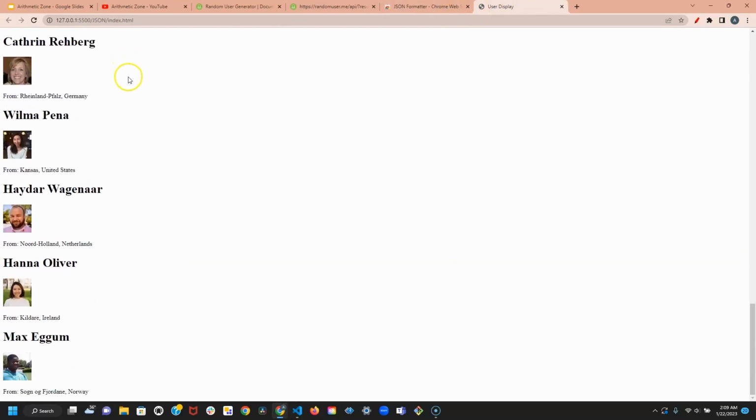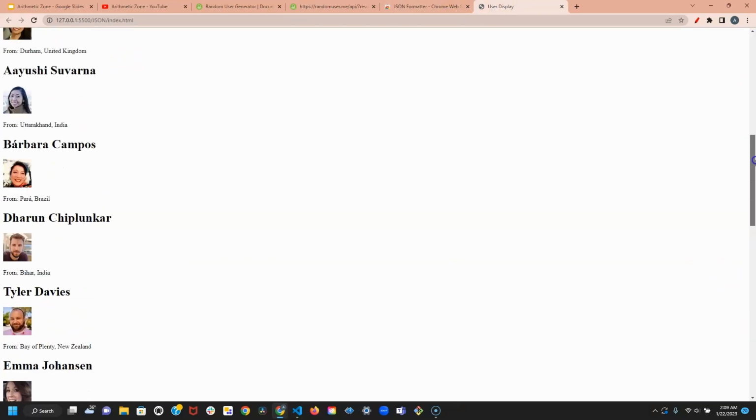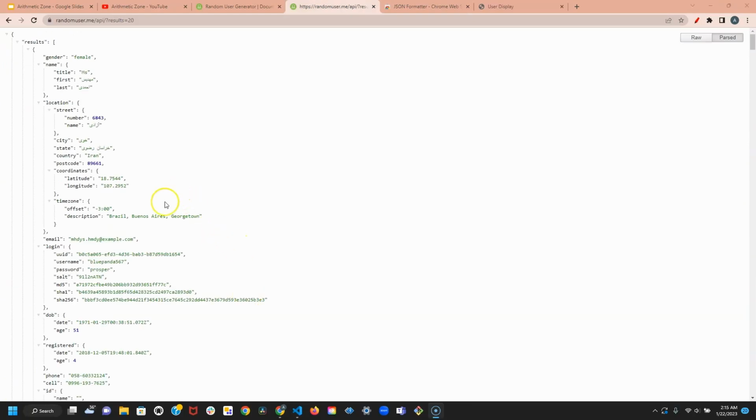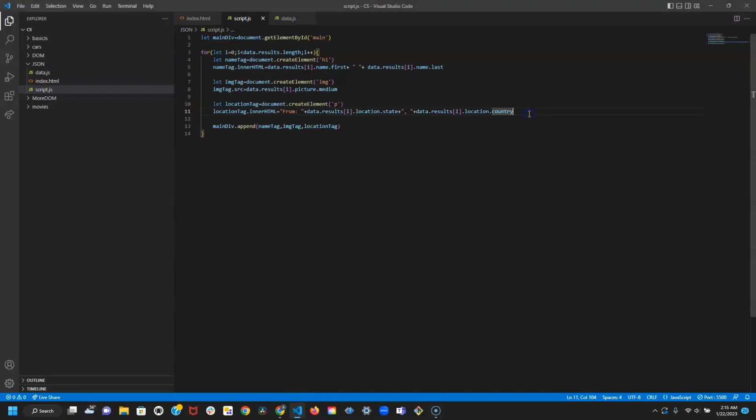And we now have locations for each user. I think that the last property that I'll derive is going to be the email, and the email doesn't have any other objects within it, just has one string, so that makes it really simple for us. So let mail tag equal document.createElement. I'm gonna do p again, and then mail tag .innerHTML equals email address,